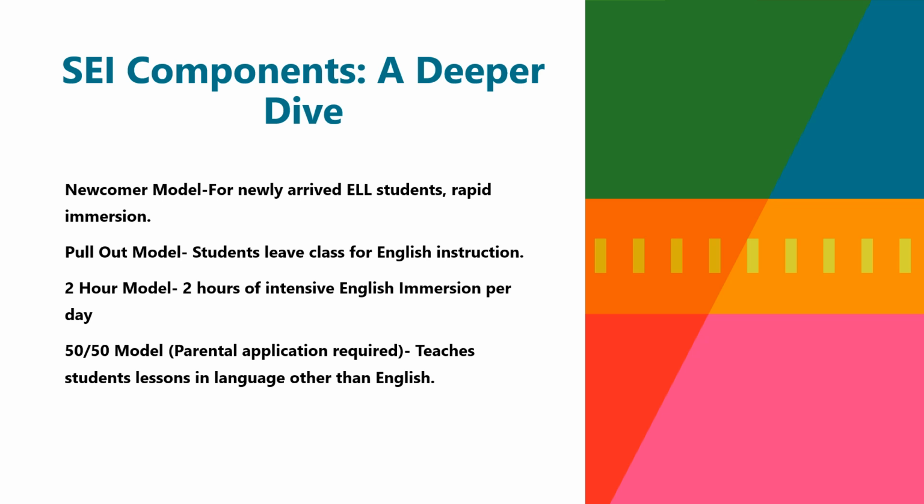In brief, these are, as such, the newcomer model, which is exactly that, a system to integrate and rapidly begin language development for students who are refugees or newly enrolled that have no English background. Then, there's the pull-out method, which is made for students that need routine immersion courses and lessons.